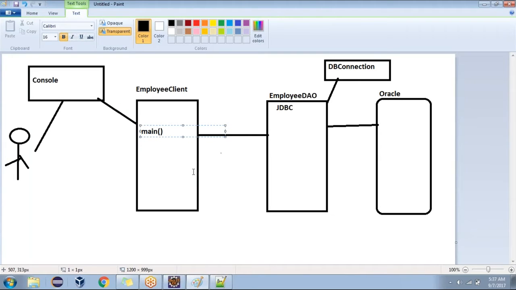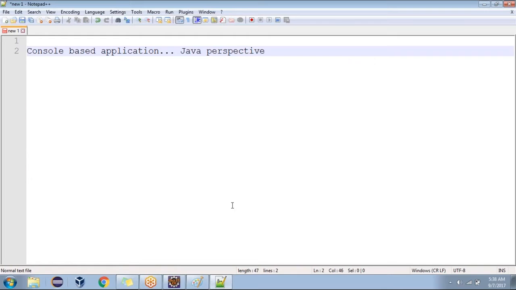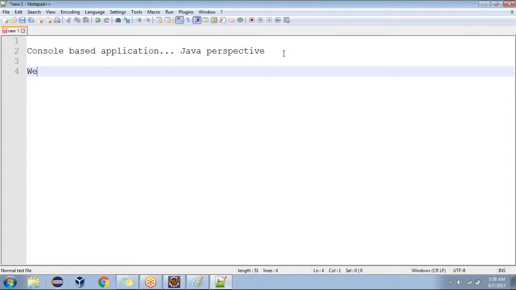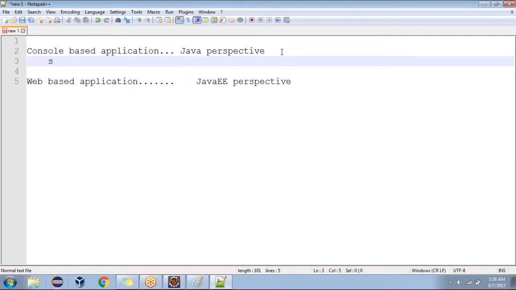Okay, whatever diagram I showed you in the last class, this is a continuation. We have built a console based application, so the user is communicating with the console. That's what we call a console based application. In Eclipse, it's called the Java perspective. But now I want to build a web based application. In Eclipse, that's called the Java EE perspective. In the case of console based application,